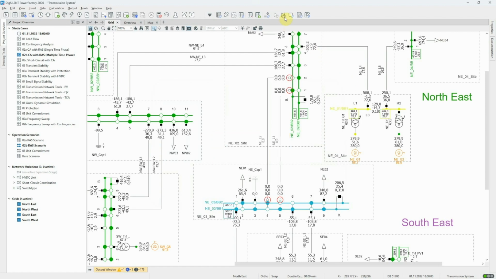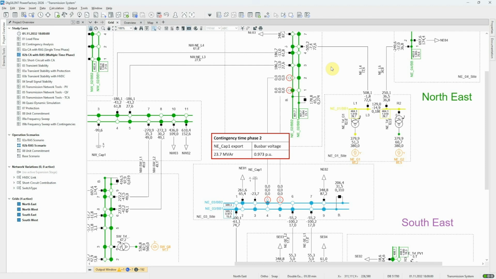The next step is time phase 1 at 1 minute. The fault case is executed and the voltages drop. This triggers the RAS and so starts the timer for the events. The next step is time phase 2 at 2 minutes. The first event, timed at 30 seconds, now has been executed and we can see the resultant output from the